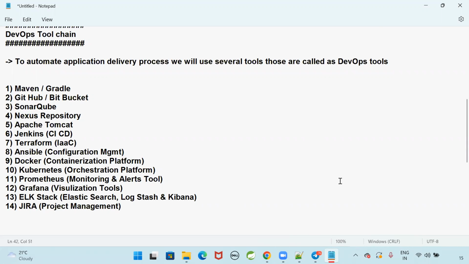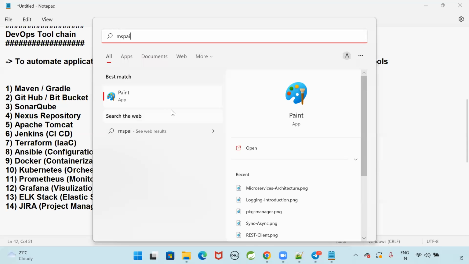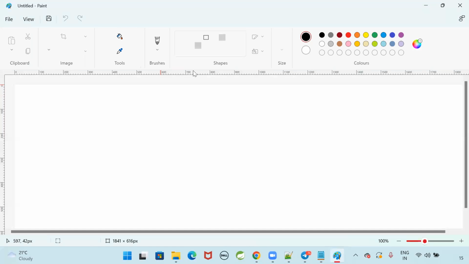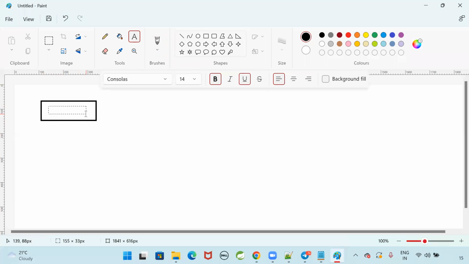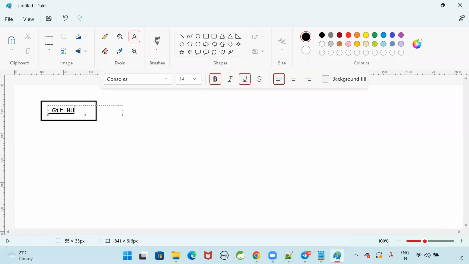Here, when we are working on this DevOps, sir, how are we going to automate the work? So let me tell you how we are going to automate in the companies, what kind of things we are going to do. First, GitHub will be available. Developers will do the coding and store that code into the GitHub repository.